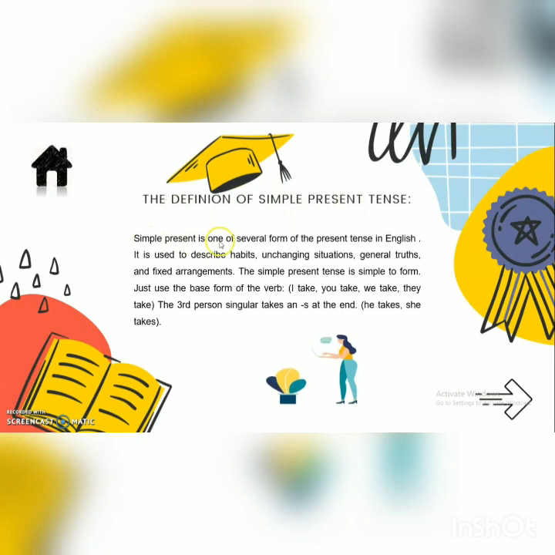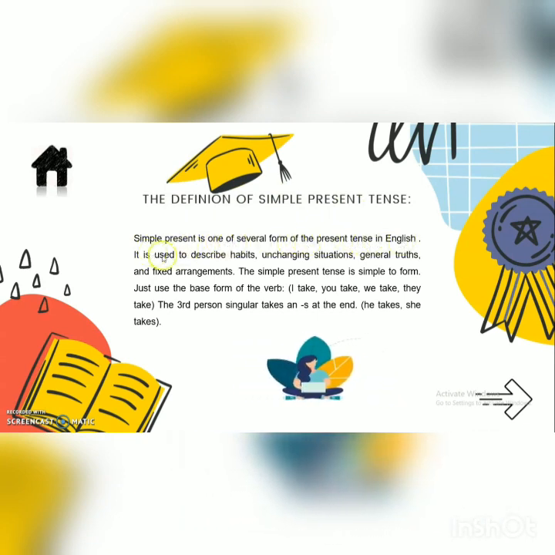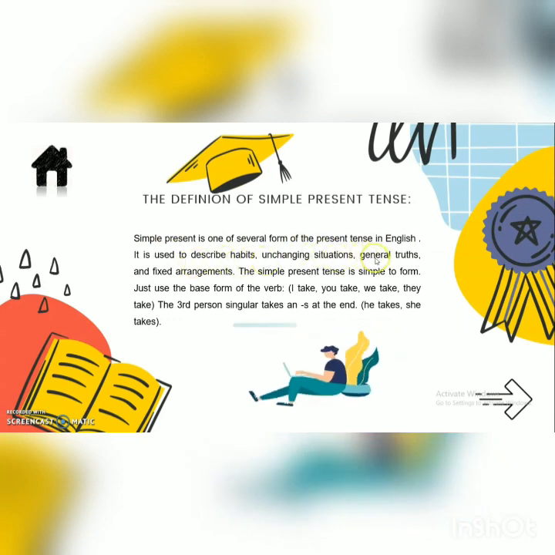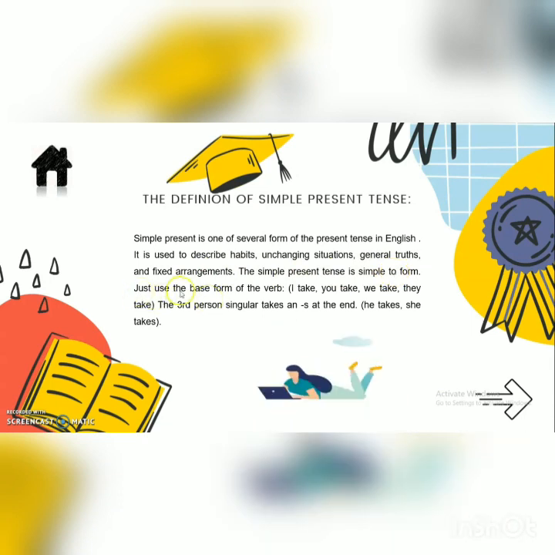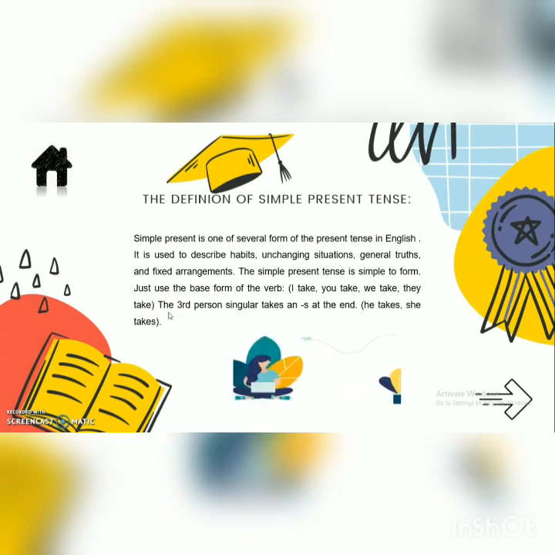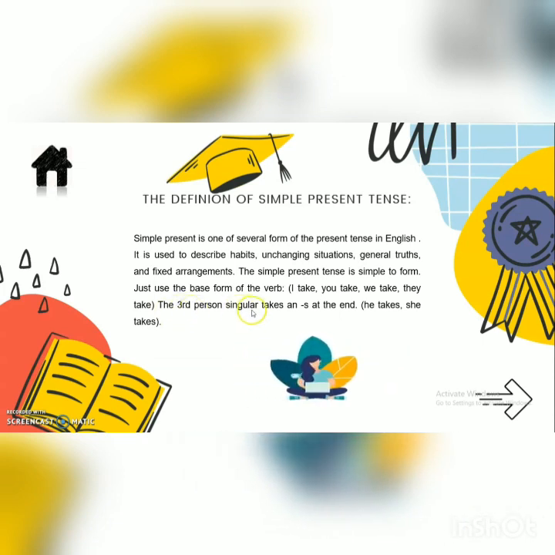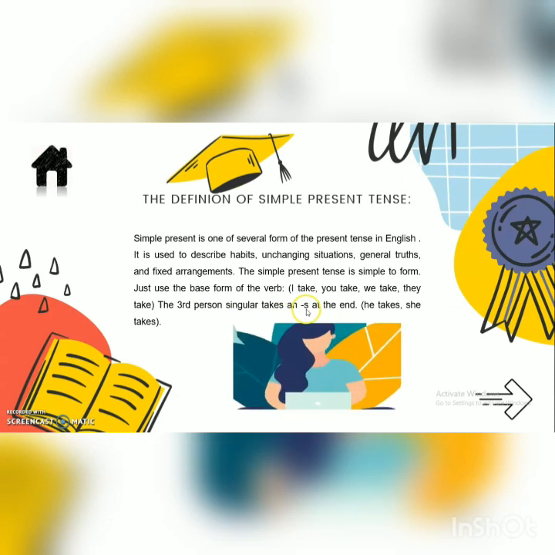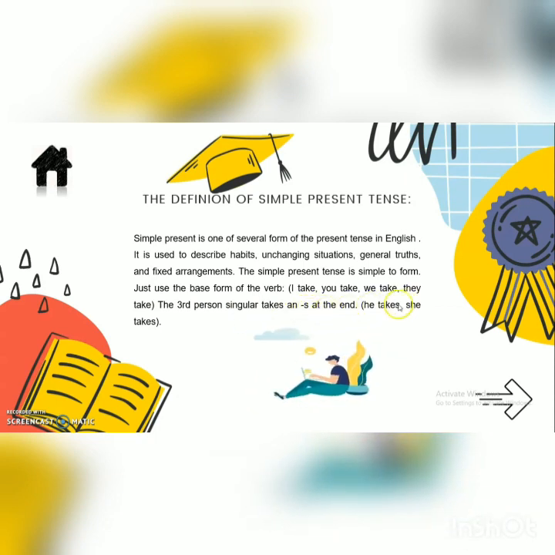Simple present is one of several forms of the present tense in English. It is used to describe habits, changing situations, general truths, and fixed arrangements. The simple present tense is simple to form. Just use the base form of the verb, like I take, you take, we take, they take. And let's pay more attention: the third person singular takes an S at the end, like he takes or